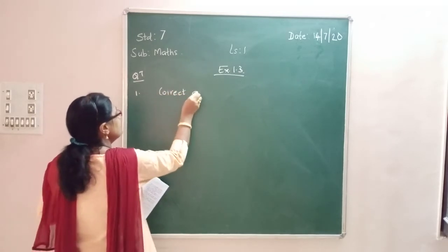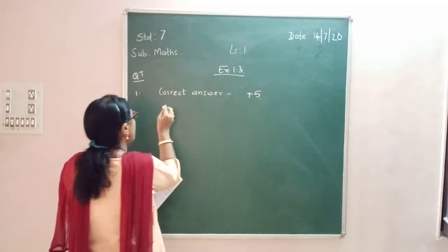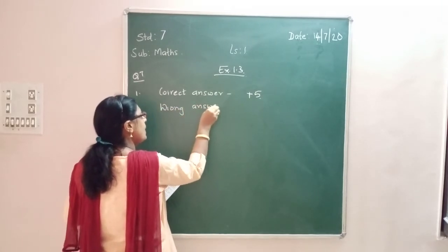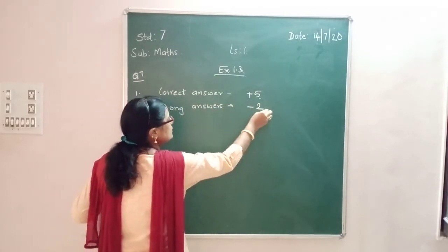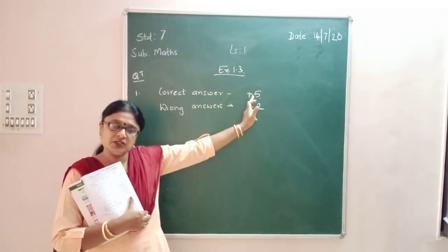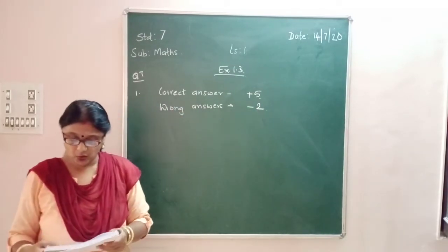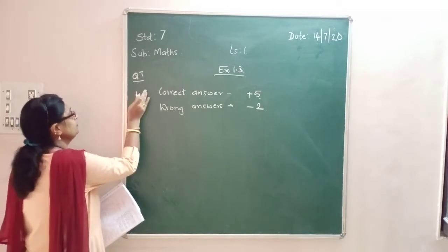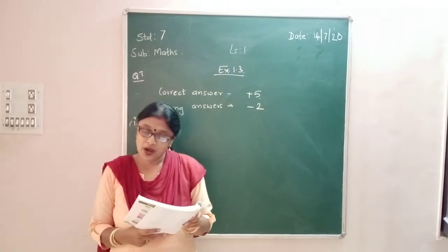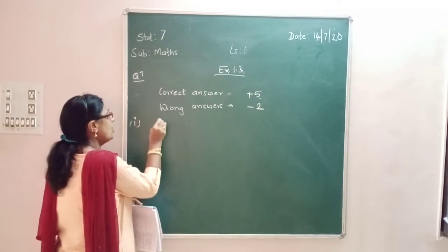First you have to write that correct answers for +5 and wrong answers -2. Okay, for every correct answer he or she gets +5 and for every wrong answer -2 is deducted. Okay, so in that the first one, Mohan gets 4 correct and 6 incorrect answers. Right? So Mohan gets